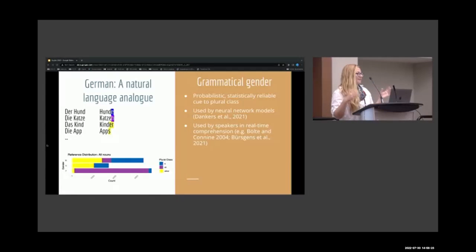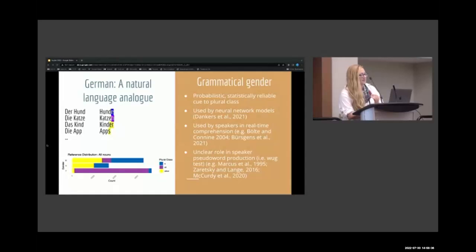However, if you take the kind of equivalent to the artificial language learning production task, which would be to give speakers novel words and ask them to inflect them, so a WUG task, basically, here the connection is a bit less clear. So if we take, for example, these three novel nouns, they happen to be drawn from the same set of stimuli that all three studies here used. Some studies found reliable effects of grammatical gender and plural inflection, and others did not. So this is a little bit puzzling.